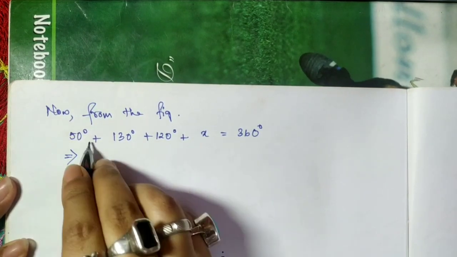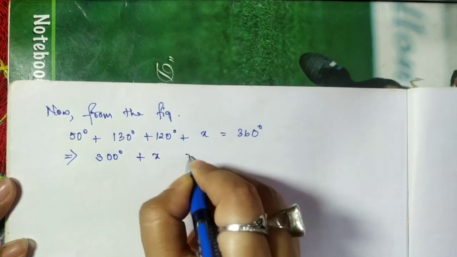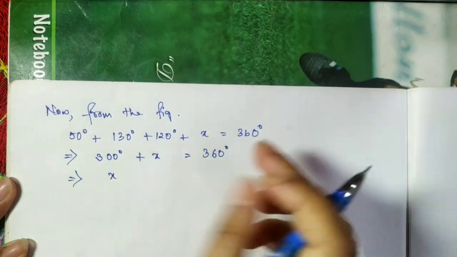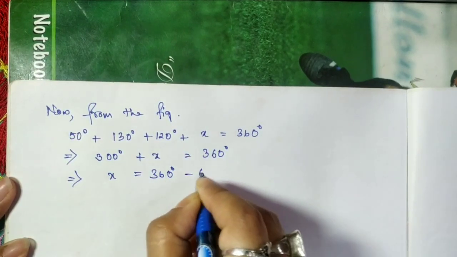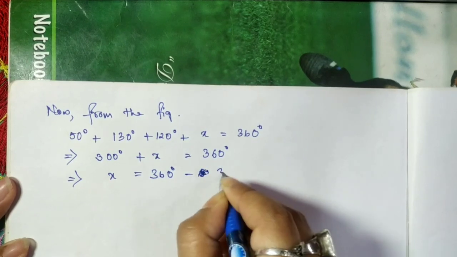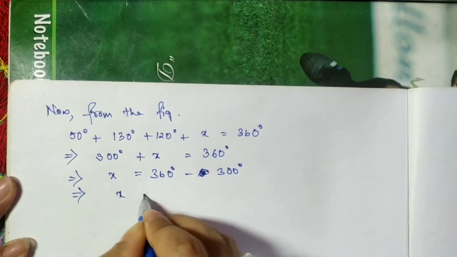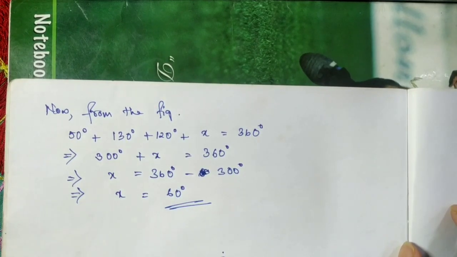Let's add this one, we'll get 300 plus x equal to 360 degree. This is a variable, this is a constant. You remember linear equations? Now this linear equations, sorry for this scribble, will help here. X is equal to 60 degree. So see, we got the value of x which we were asked to find. Okay, so this way you will find out the value for the unknown angle.